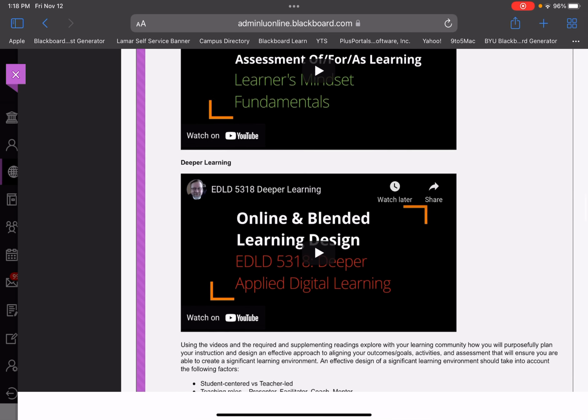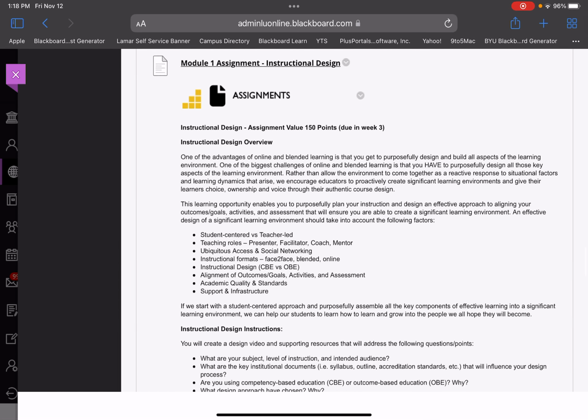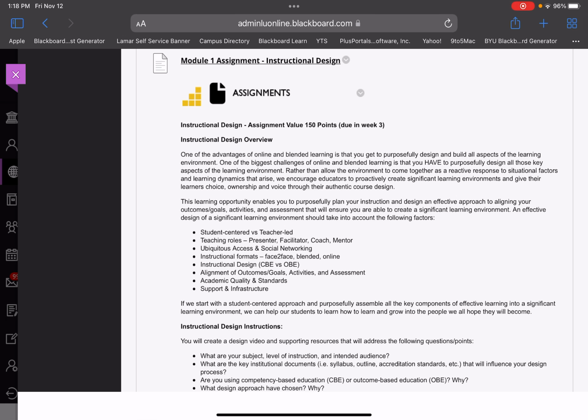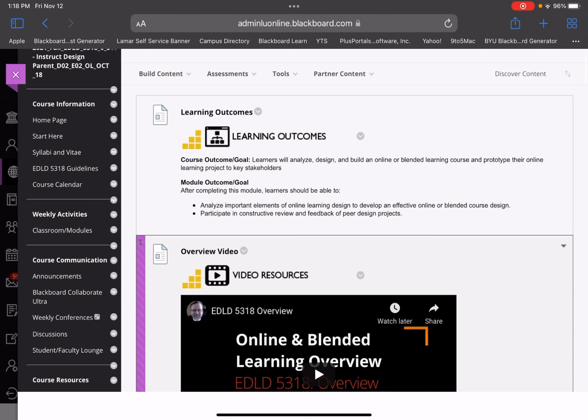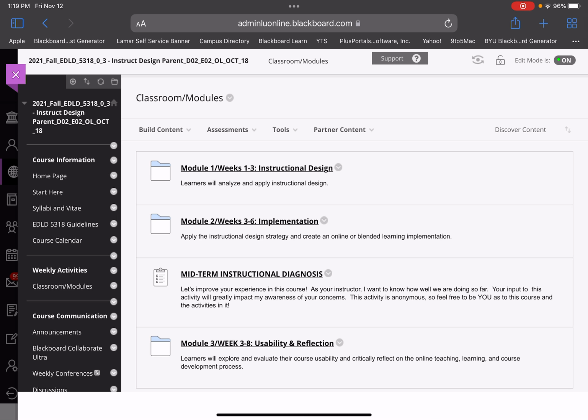So going back to the first assignment, like I said, it's directly aligned to the discussion. So just to give clarity to that, they are posting their video or their outline in the discussion board, and they're receiving feedback from the students. So they have a chance to apply that feedback either before they submit the first assignment or during the next assignment, which is them recording themselves with the finalization of their online course, which is in the implementation stage between weeks 3 and week 6. So they essentially have 3 weeks to work on that.